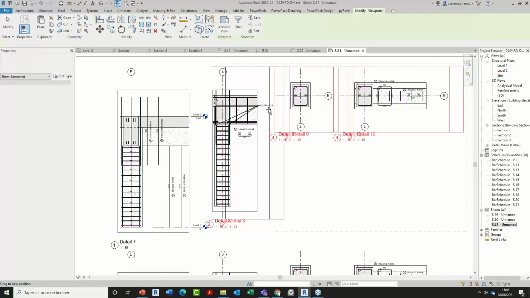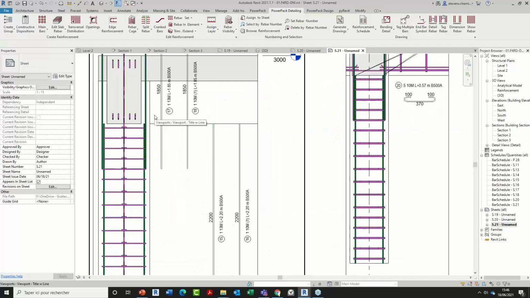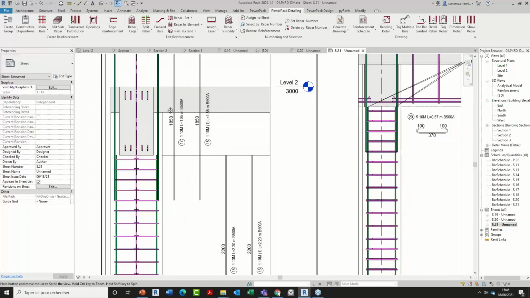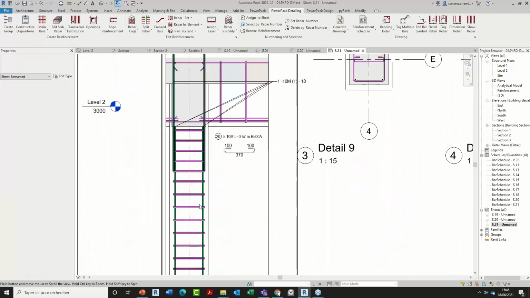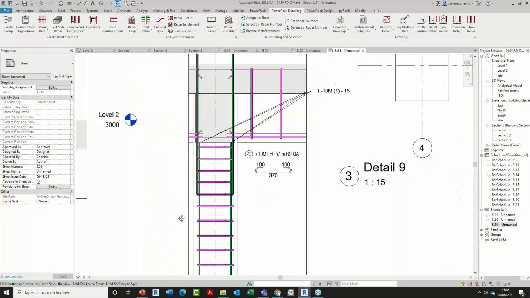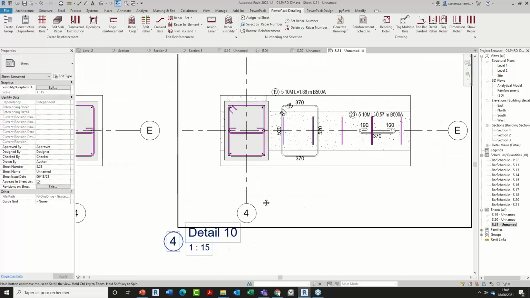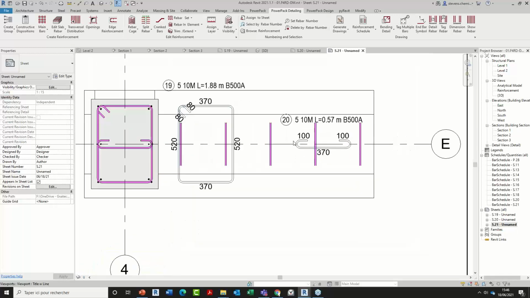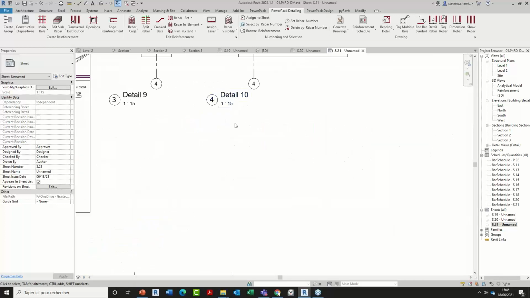Here we'll just move a little bit to the left. Here we can see the bending details for starter bars and longitudinal bars created because it was part of my settings. Here is the bending detail placed for this type of rebar, because as well it's part of my settings. Here on my view I have the bending details projected for the general stirrups. For this tie reinforcement, the tag is placed as well.